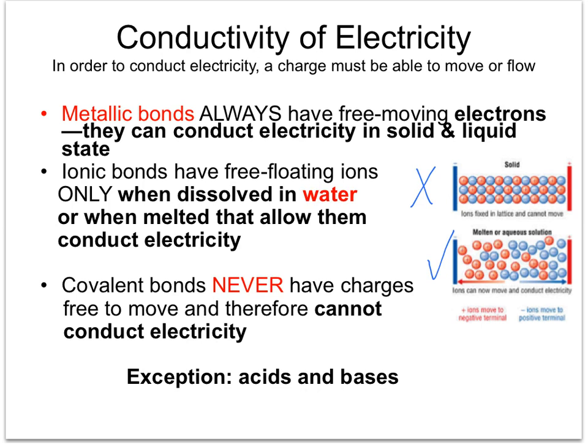Lastly, we have our covalent bonds, which make up our covalent compounds. They never have free moving charges, so they cannot conduct electricity unless they are an acid or a base that is covalent in nature. Remember, these are special exceptions. There will be some charges when these molecules separate in water, so they would conduct electricity, but it's only the acids and bases that are made up of nonmetals that can do this. Most covalent compounds cannot conduct electricity.